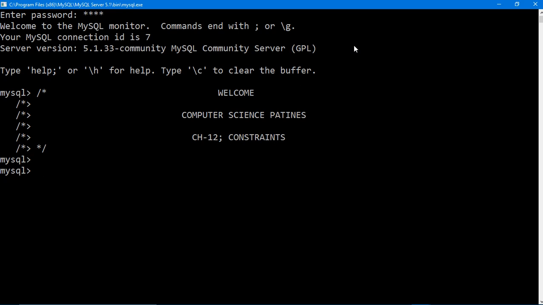We were discussing chapter 12 and today's topic is constraints. So, what is a constraint? A constraint is a condition that is applicable on a particular field, that you will be applying on a particular field. Field means a column. There are different types of constraint. One is the not null constraint, second is the default constraint, unique constraint, check constraint, primary key constraint and foreign key constraint. We'll be discussing these constraints in theory first, one by one, then we'll be doing the practical.